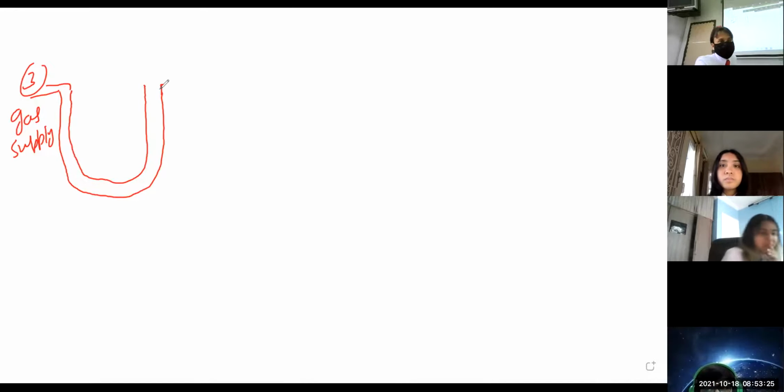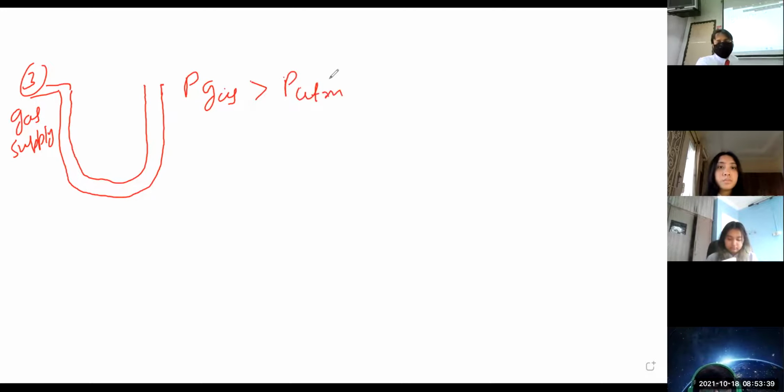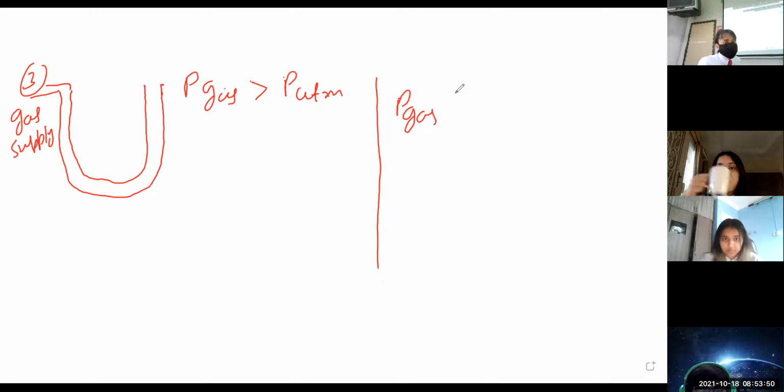The first case, right now you can see on the screen, is the situation where I consider that the pressure of gas is higher than the pressure of the atmosphere. This may be the possibility. And the second sub-part of case number third is that the gas pressure is less compared with the atmospheric pressure. Both possibilities are there. But right now, we have to calculate the pressure of the gas.